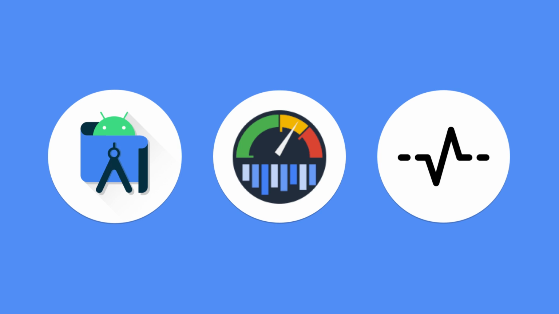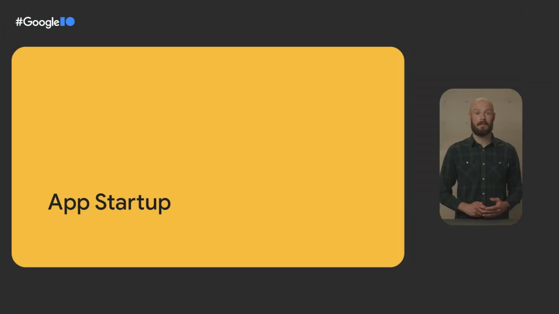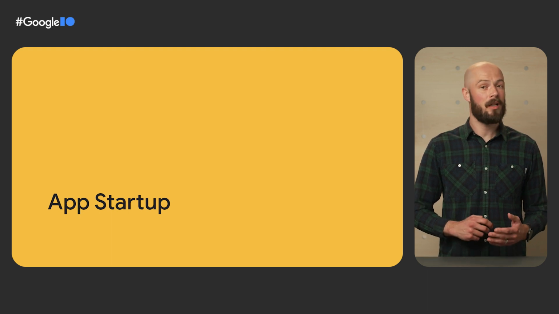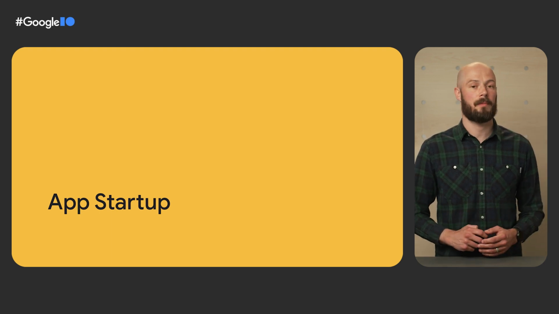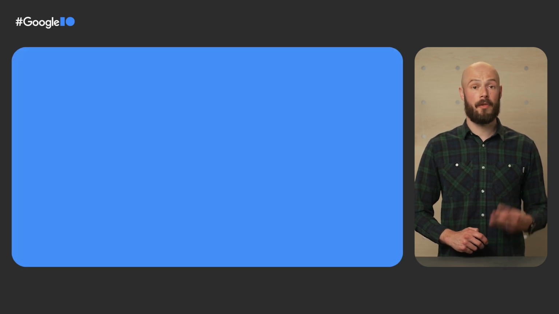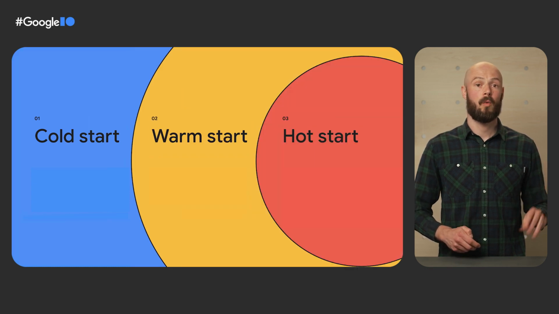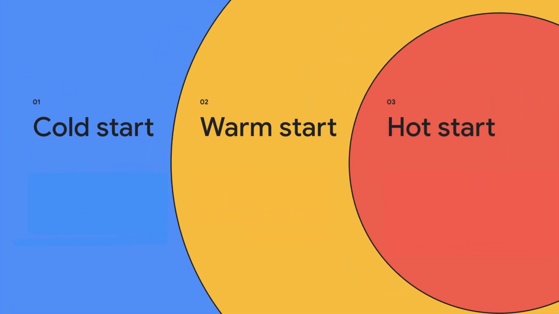Now that I've introduced you to these tools, let's talk about a common performance issue: app startup. This is where you can make a good first impression on your user or leave a not so good one, but that's not what we're here for. Android considers 3 startup states: cold, warm, and hot, which build up on one another. During a cold start, firstly, the app's process will be created. Content providers are initialized before your application's onCreate method gets called. Having many content providers can slow down your app start unnecessarily, and I'll show you a way to avoid that later. Then your application onCreate will be called, and the next stages of the app startup kick in.